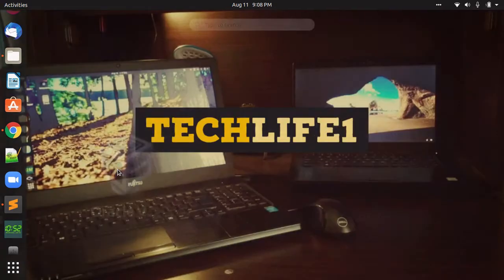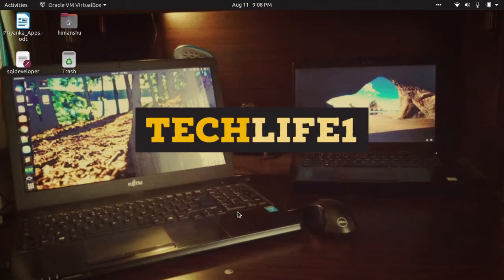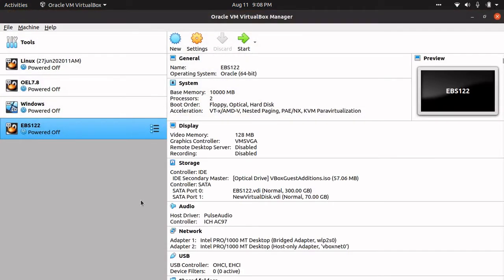So it is the Oracle VirtualBox here. Here you can see this is the Oracle VirtualBox that we just opened. Now if you see, these are the various virtual servers that I have created. What does this mean? Whenever we create a guest machine or a guest server, that server is going to use the resources, meaning the CPU, hardware, RAM, memory, and hard disk, from your main host machine.